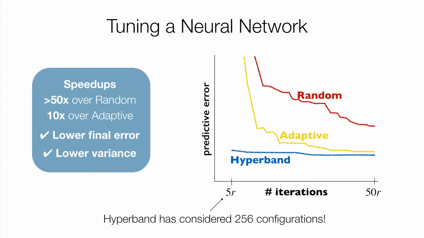Again, this is data set specific. But one thing we always find is that we have much lower variance. And what I mean by that is these experiments are all runs averaged over 10 trials of these experiments, right? And for random search and adaptive search, the error bars are really big, because random search could randomly get lucky on one trial and find a great configuration, or it could get unlucky and find nothing good. So it's really variable. The adaptive method is also highly variable.